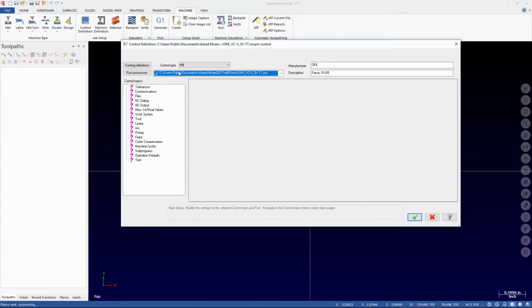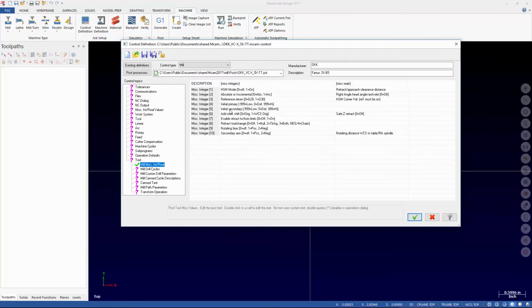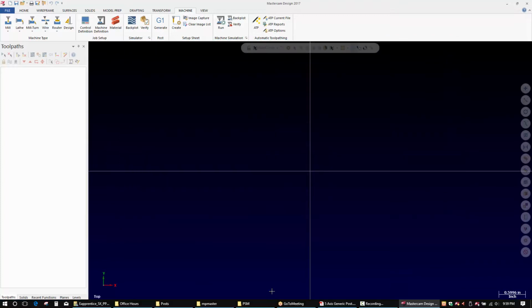So when you select your post in here and you add it to the control definition, and then you go in here and you make your changes, right? So I want to set this up for something, and I save it. I make all my changes here to this linked post processor, and I save it. And when I exit, and I now go look at my post,